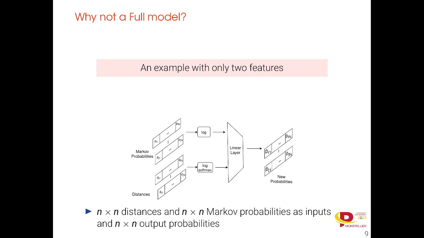Now, as mentioned, the distance and the Markov probabilities are input of this network, and they are for each edge or each arc of the network. So we have 2 n square input, and the output again will be for each edge, so n square output. Now if we build a fully connected network, there will be huge number of parameters, and we will not be able to train such a huge model with limited amount of data. So we want to design a network with some structure,